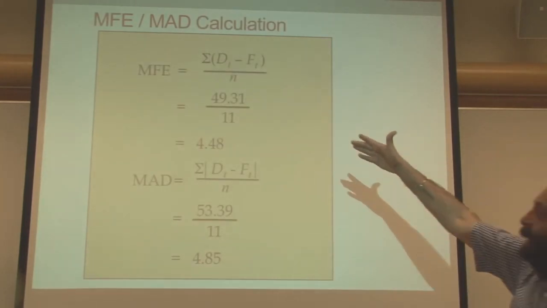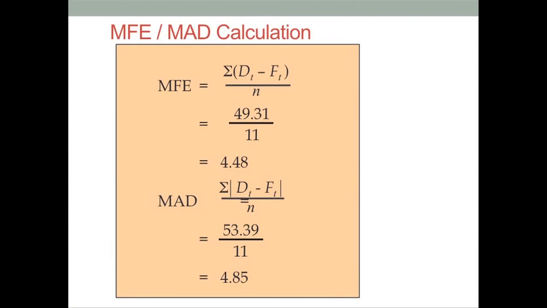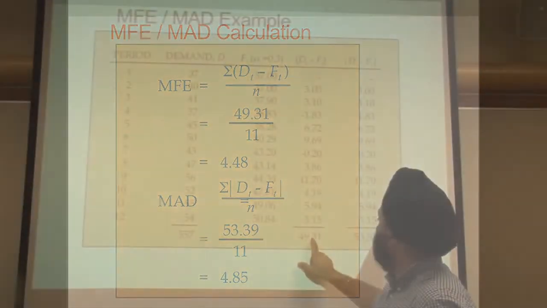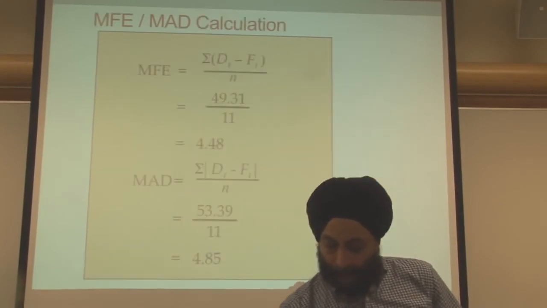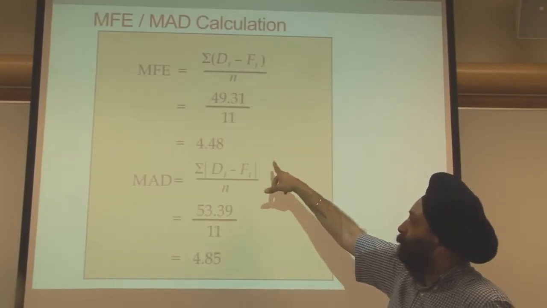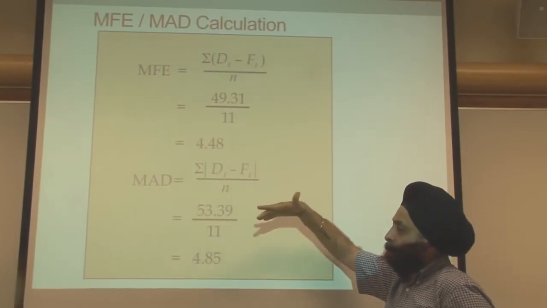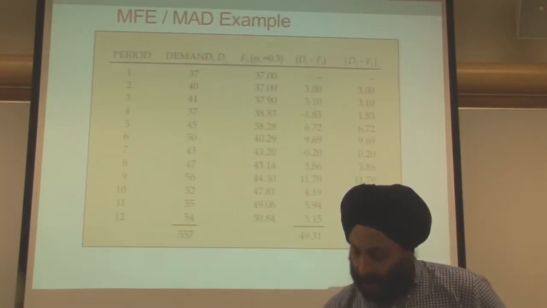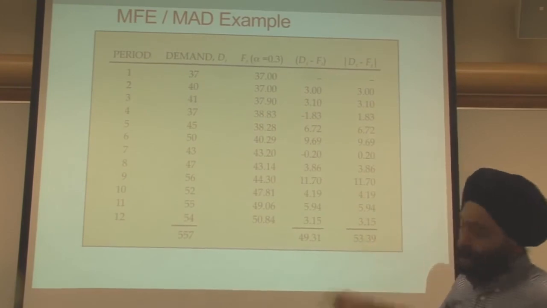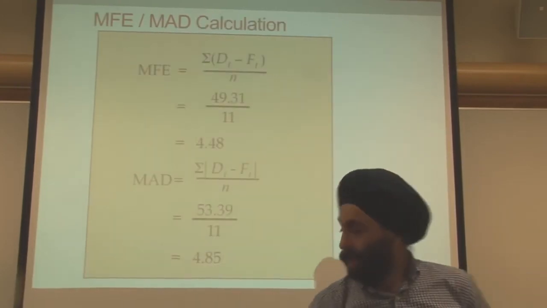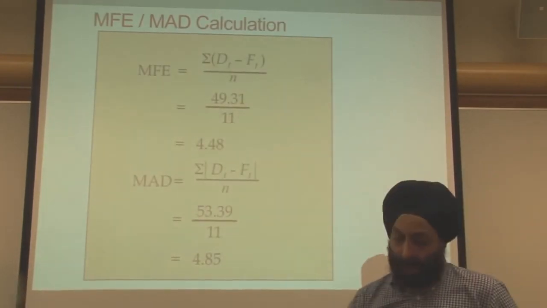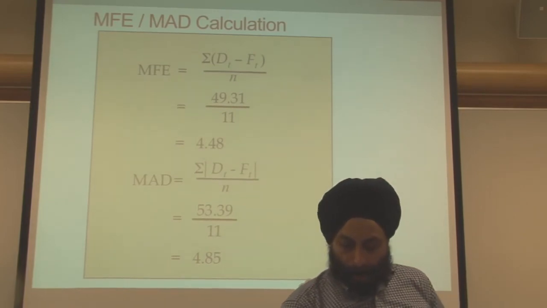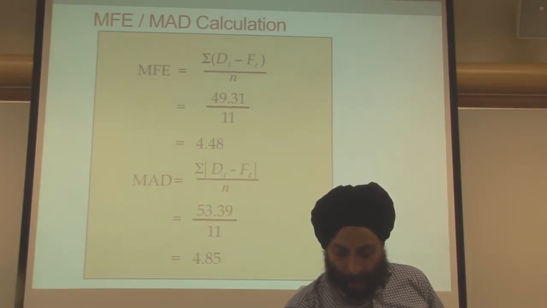So in this case, MFE comes out to be 49.31 divided by 11, and that 49.31 is coming from here. In this case, that comes out to be 4.48, whereas the mean absolute deviation is 53.39, which is the sum of the last column right here, and that comes out to be 4.85. Now, notice one of the things that we mentioned earlier is the fact that